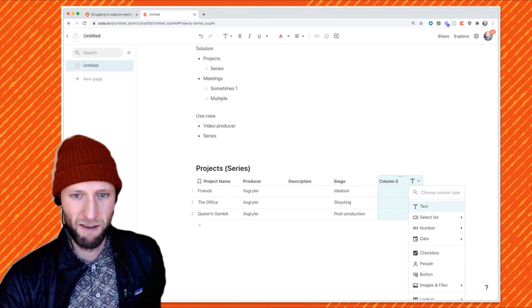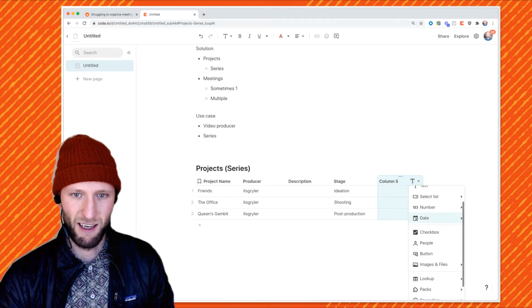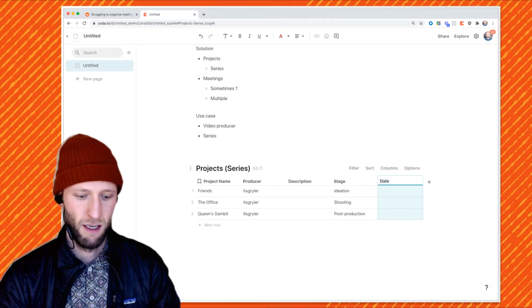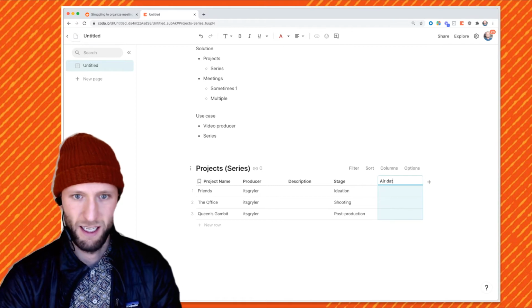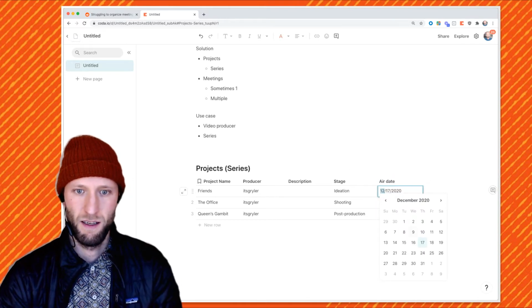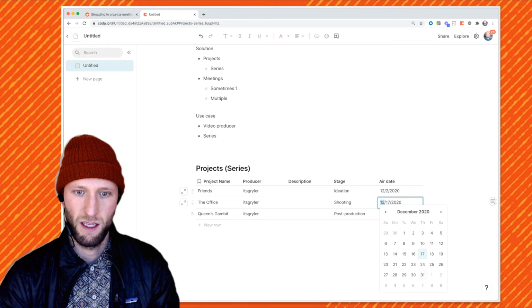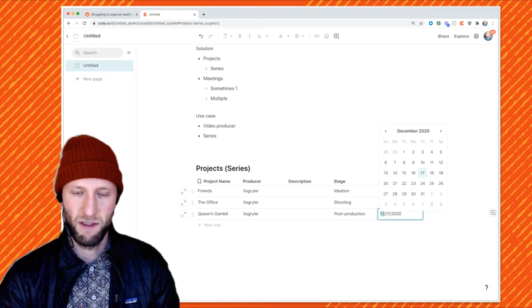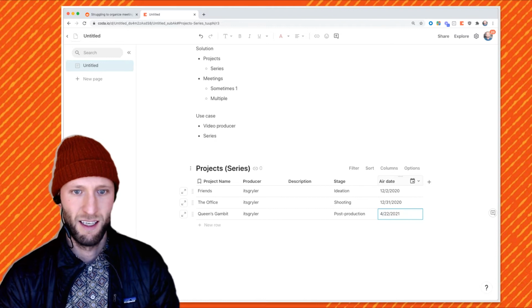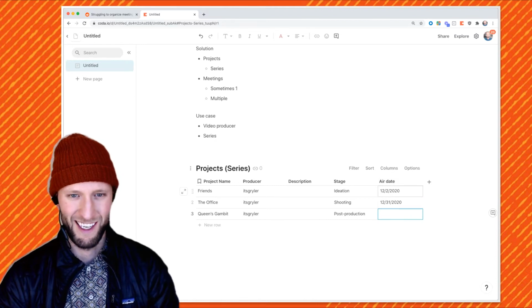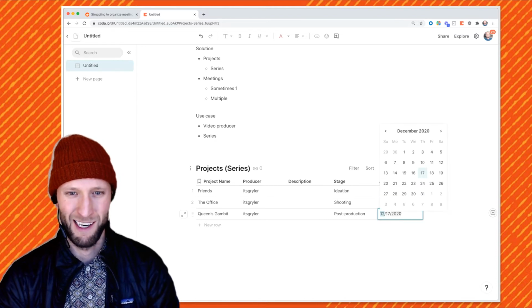And we would probably have a few more things that we're tracking here, like maybe this is our air date. All right, this one's going off way into next year. We should probably flip this, right? Something in post-production is probably going to air a lot sooner.